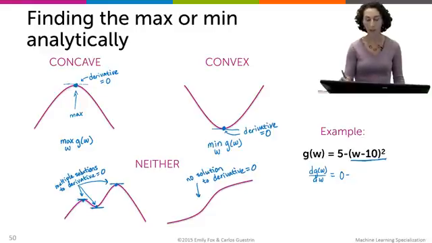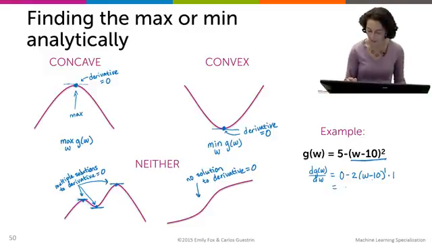well, if you remember, if you have some function to some power, first we drop that power, that becomes a multiplier. We write that function again, and the power now is 1 less than what the power was before, so 2 minus 1 is 1. So I'll just write that explicitly to the power of 1. And then I have to multiply by the derivative of the inside, the derivative of this little function itself. So what's the derivative of w minus 10 with respect to w? It's just 1. Okay, so writing this a little bit more compactly, we have minus 2w plus 20 as the